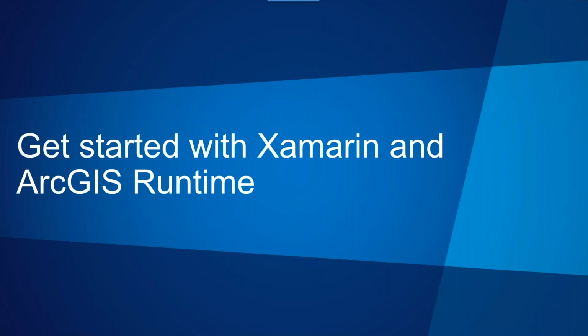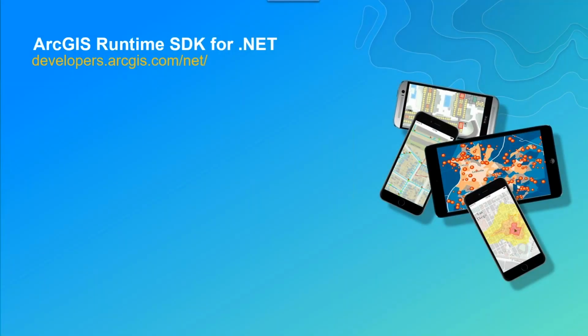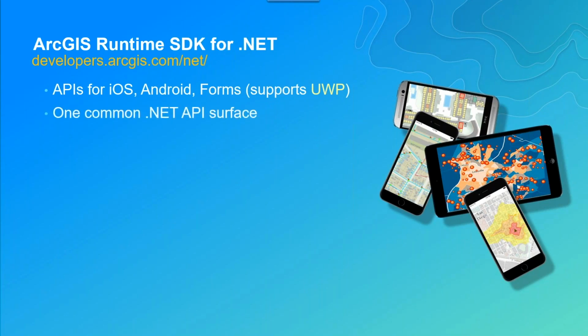All right, let's turn just real quickly to ArcGIS Runtime. Again, there's a lot of information that could be covered here, so I'll refer you to developers.arcgis.com/net. That's where you'll find the landing page for the Runtime SDK for .NET. Lots of good information there. So we have APIs for iOS, Android, and Xamarin Forms, which supports UWP. The great thing about these APIs is it's one common .NET API surface, which means the code you write is going to be the same regardless of those platforms. Obviously facilitates code sharing, and especially if you're using a solid design pattern like MVVM,